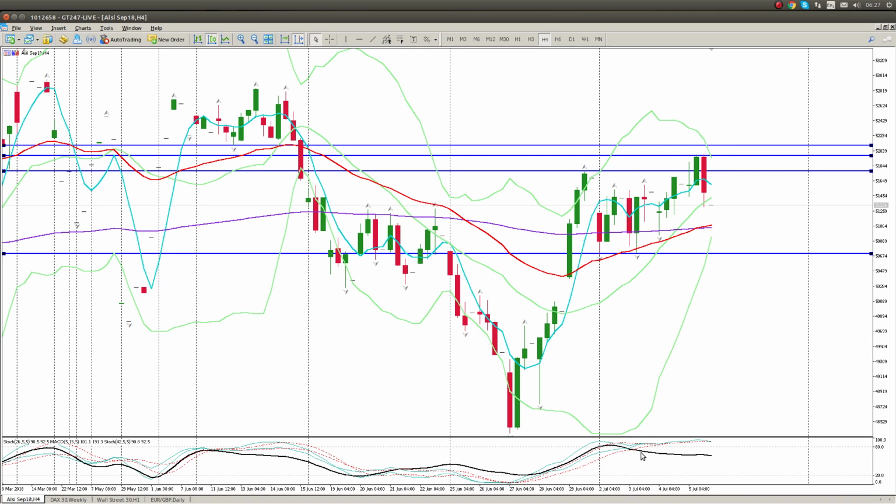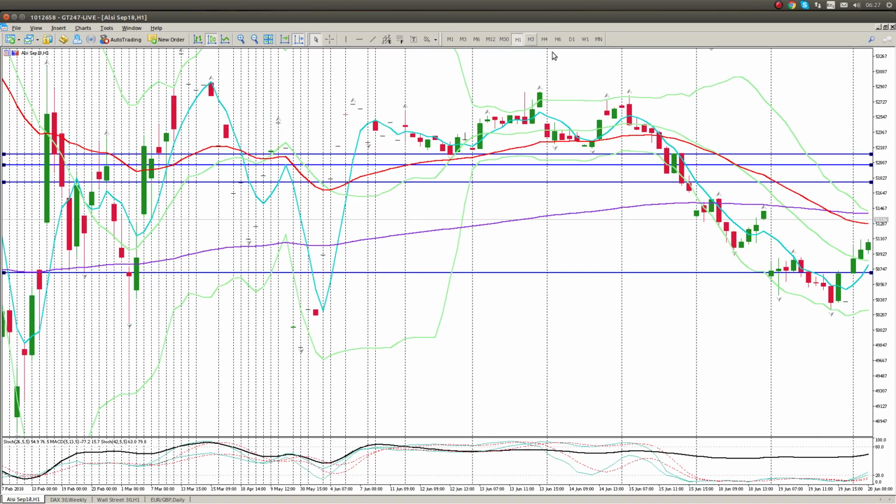We still have this divergence, and we still have this grouping of the oscillator. So there is still a risk that this thing is going to move to the downside. However, this crossover here of the 20 and 200 has happened, and we are still above the 20 on the 4 hour, which remember, for me, above the 20 on the 4 hour indicates that we are in an uptrend. Okay, so